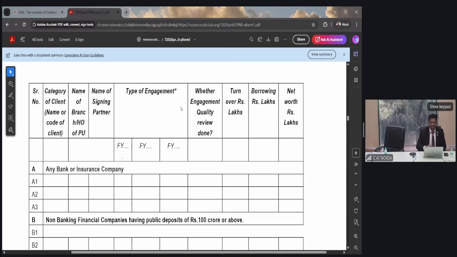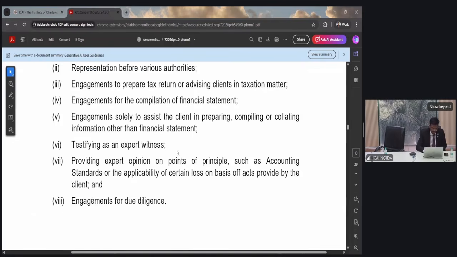It may please be noted that in case you happen to have, let's say, 1000 UDINs, and you also happen to have generated UDINs for compilation engagements, or for due diligence, please note none of these two engagements are covered under the purview of peer review. These are explicitly excluded here: engagements for due diligence, engagements for compilation of financial statements. So in case you have 1000 UDINs, you can prepare a reconciliation file in Excel format for each partner for each year, of total number of